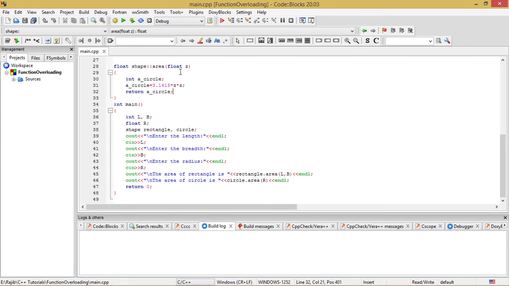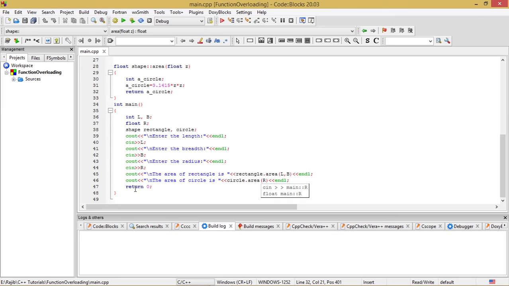There is only one formal argument, here is only one actual argument, the signature matches between the two, and the value of r will be copied to this formal argument z. In this way we will be able to calculate the area of the circle and return it to the calling module, so that it can be printed from the main section of the program.